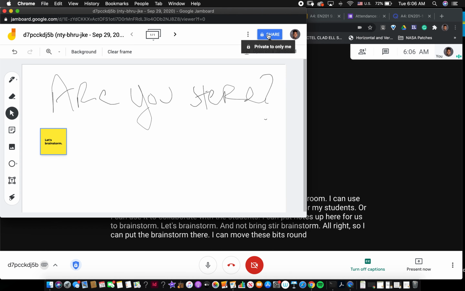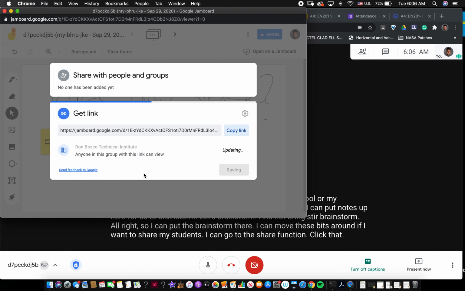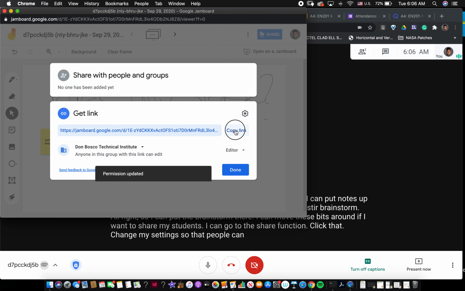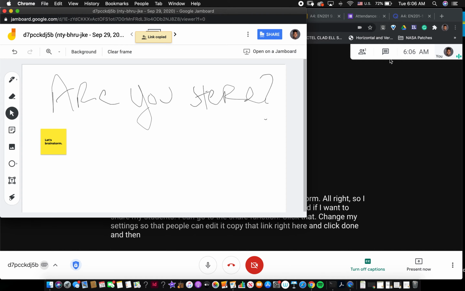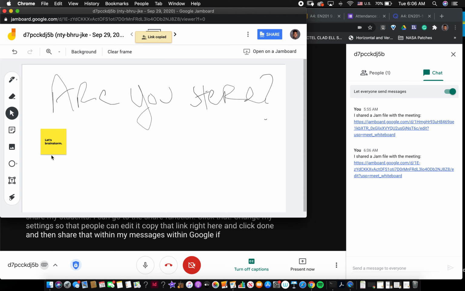If I want to share with my students, I can go to the share function, click that, change my settings so that people can edit it, copy that link right here and click done, and then share that within my messages within Google. If I can't share that within my messages, then I can directly send it to my classroom,